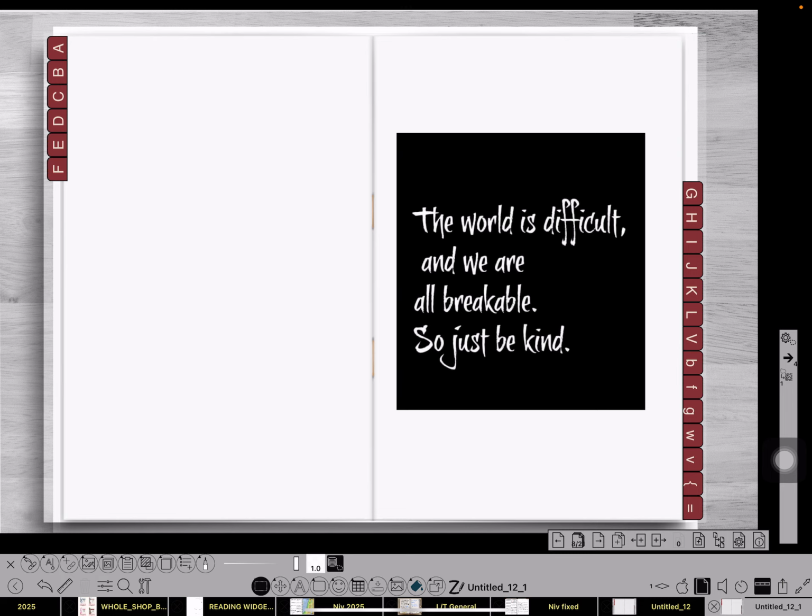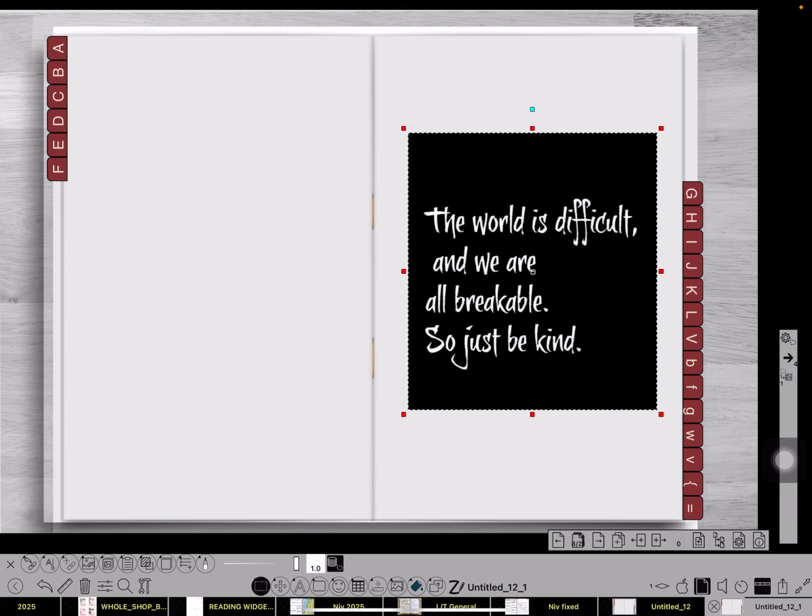Well, in order to have any clue where that font is or what it is, all I had to do was take an image of it, save that image into my photos, just save as an image. And so now I've got this picture in my photos, all right? Now, in order to find out what this font is, there is a website that's called What the Font. And if you go to that,